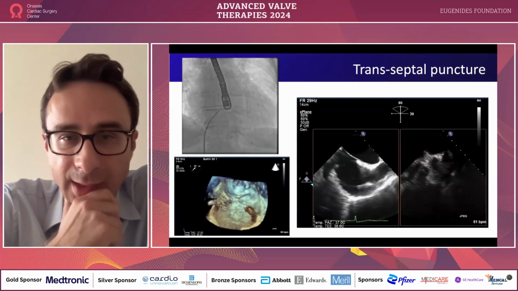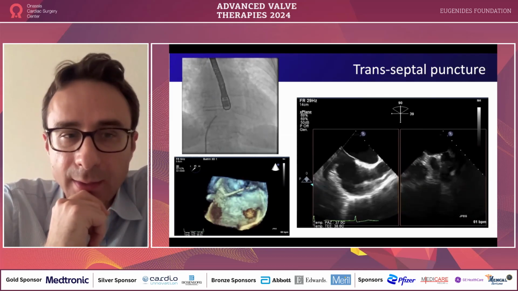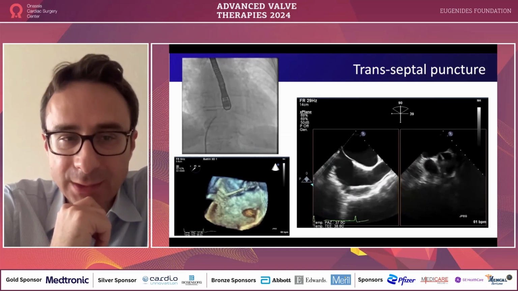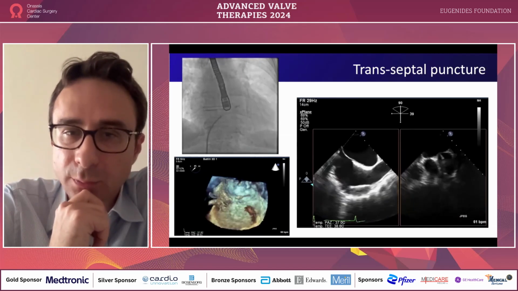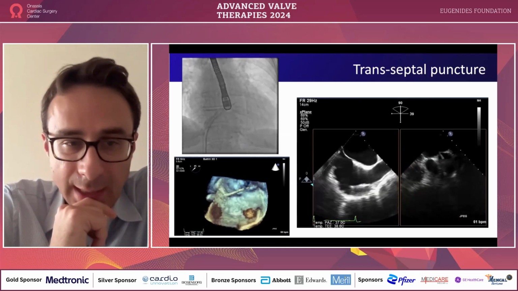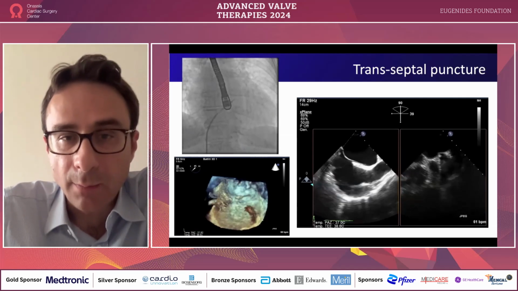And then after the advancement of the delivery system, it's important to identify the best site for the transseptal puncture. We know that it is a general rule that the puncture needs to be inferior. This is true. And most of the time, let's say 80–85% of the time, it needs to be posterior,